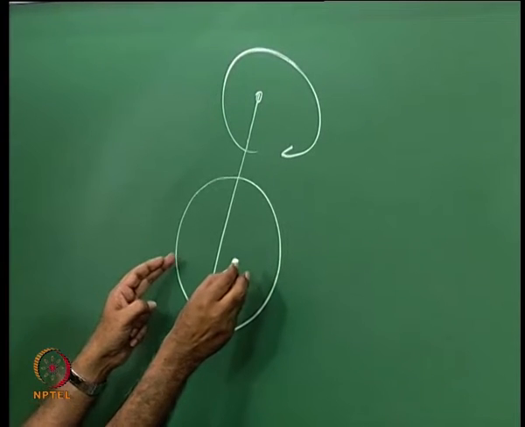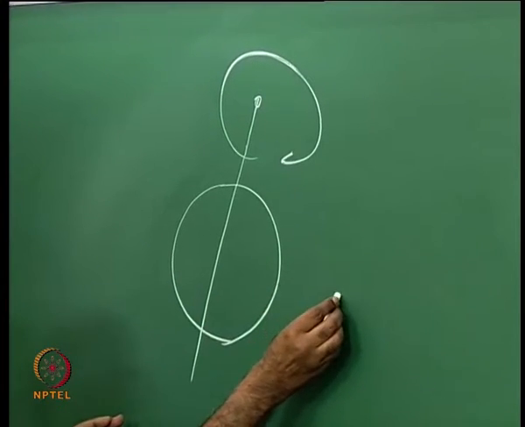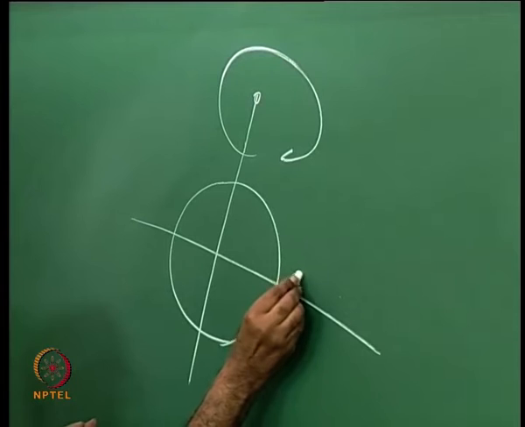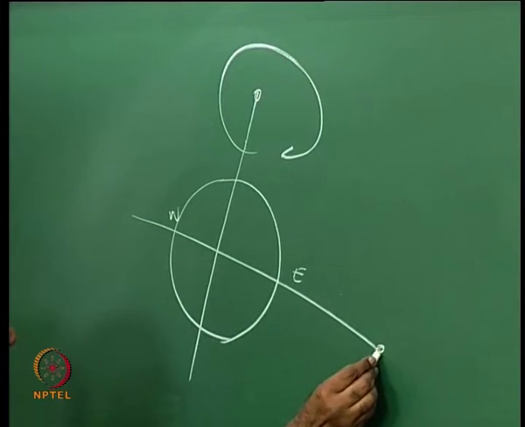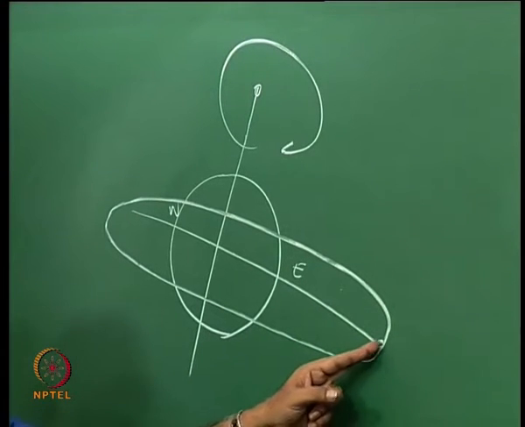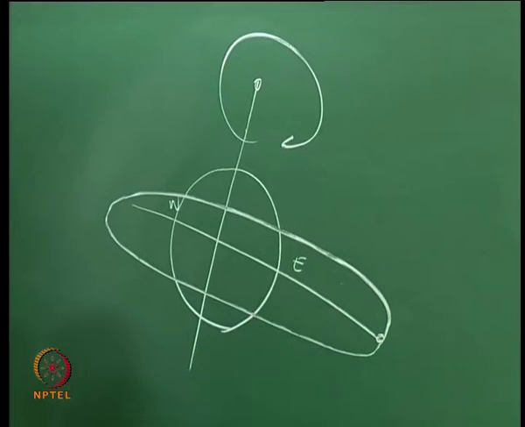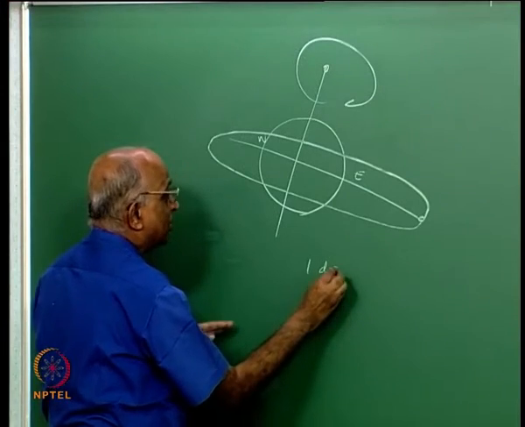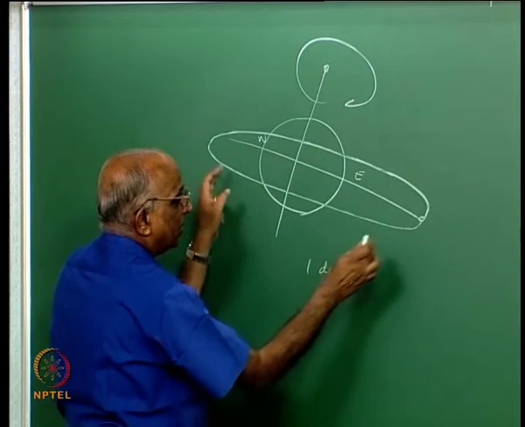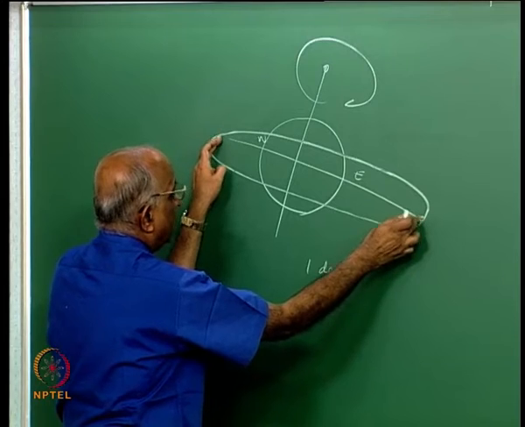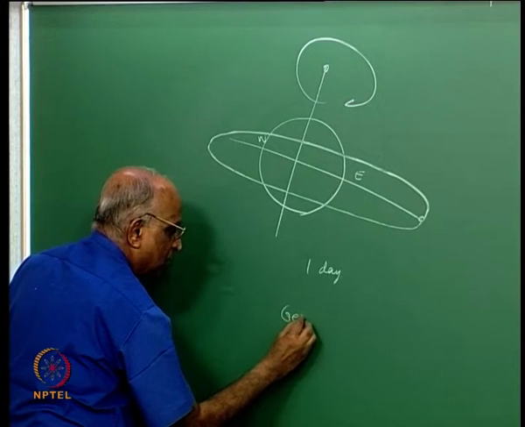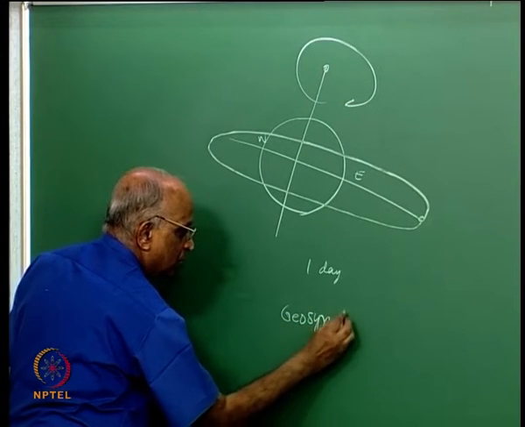In other words, the time taken for one revolution, let us say the body is on this plane, moving from east to west, maybe going round over here, is 1 day, which is the same rate at which the earth is rotating on its axis. In other words, the period of rotation of this body is synchronous with the rotation of the earth, and we call this orbit geosynchronous